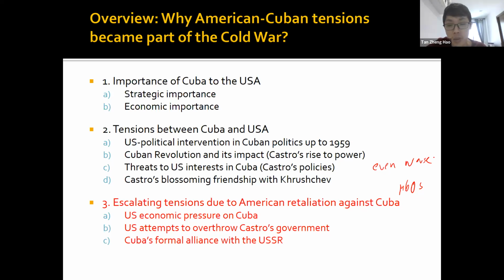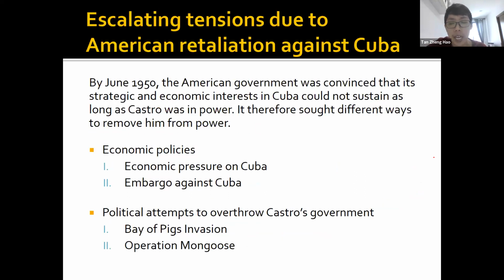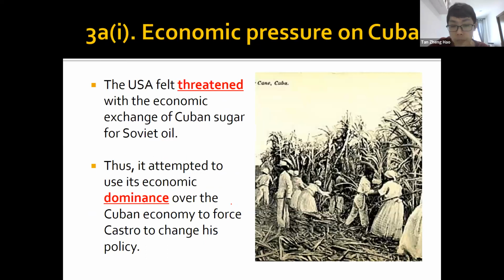Okay, so let's find out what the US did to Cuba. Because Cuba was starting to get close to the USSR, becoming like an enemy of the US, the US wanted to punish Cuba, to teach them a lesson. So they did this thing called an embargo. Embargo is another word for a trade ban. That means they decided, I'm not going to buy some Cuban things, and I'm not going to sell some things to Cuba. So what was this embargo?